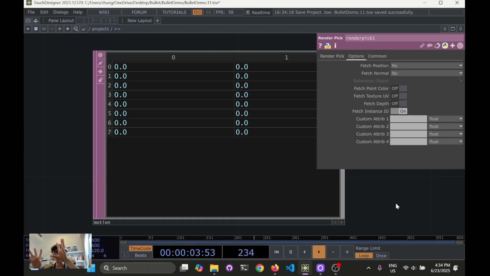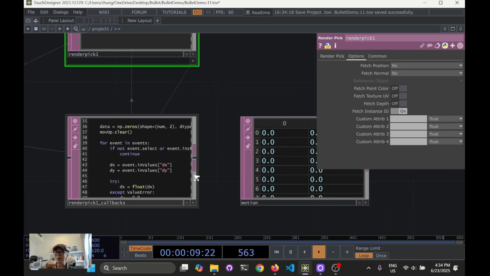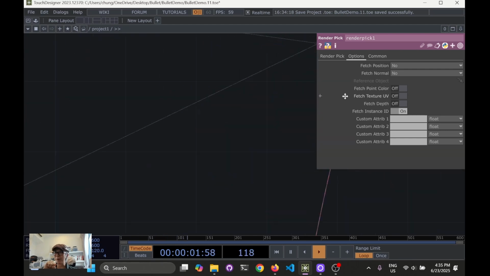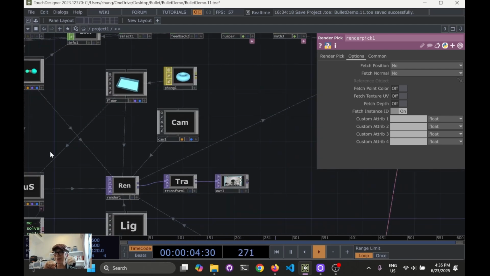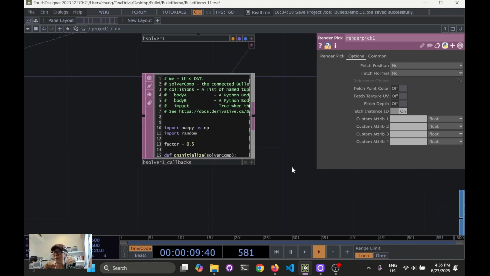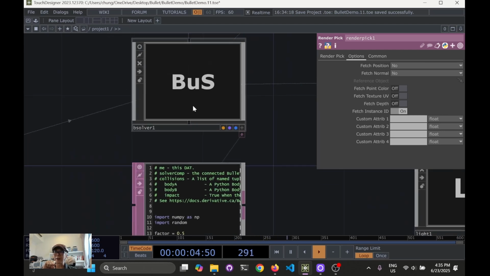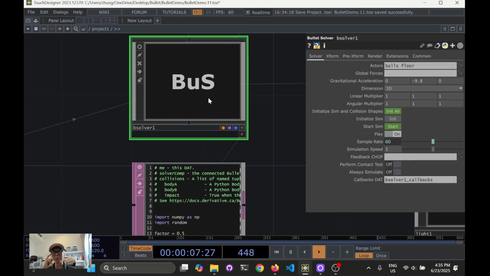So just for example, if any of my fingers hits any of the balls, the velocity data will be put into here in the 0 and 1. Okay, so that piece of data will be used in the physics simulation that is in here. So that is the callback for the bullet solver, that is the main engine for doing the bullet physics